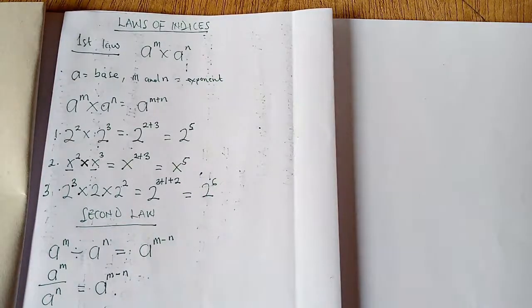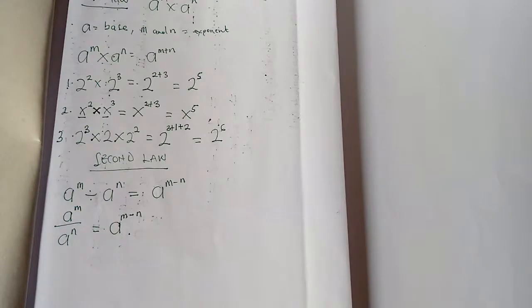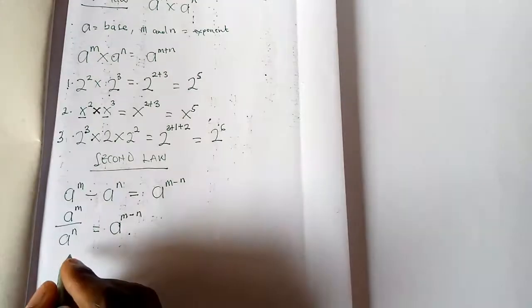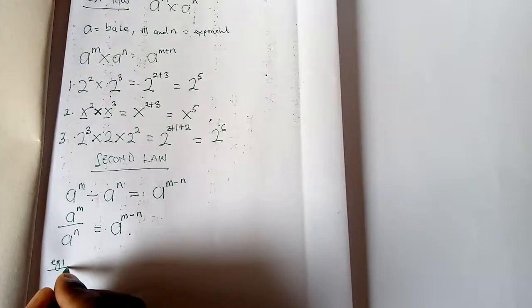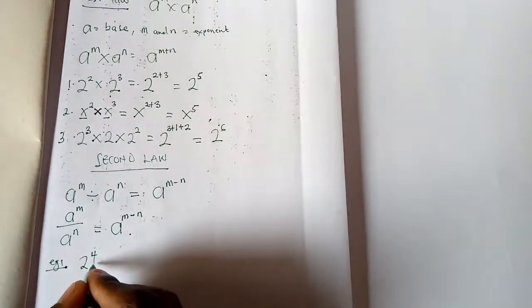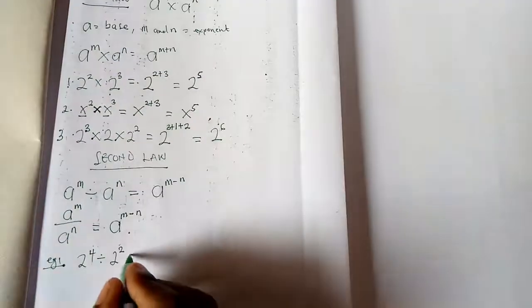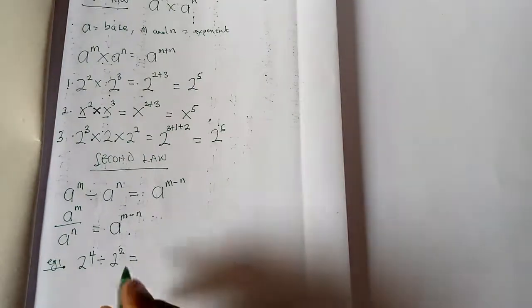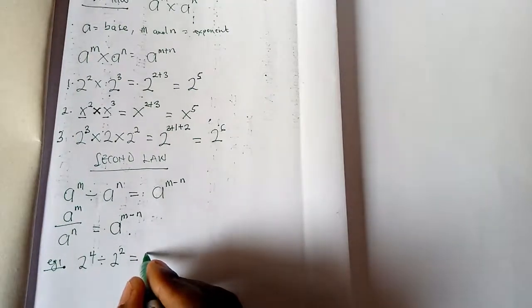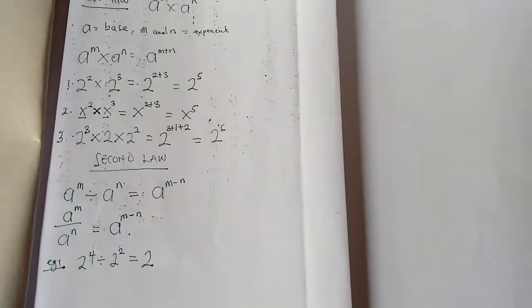Alright, like this. So we mean that this and this are the same. Okay, so let's take some example here and then see how we can solve it. So let's take example 1, and it is 2 raised to power 4 dividing 2 raised to power 2, like this. So 2 raised to power 4 dividing 2 raised to power 2, all we do is let's take one of the bases, which is 2, and then what you need to do is write the first